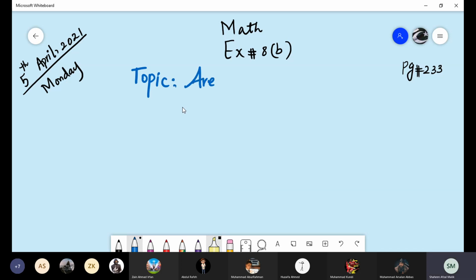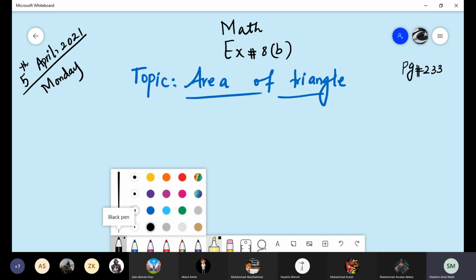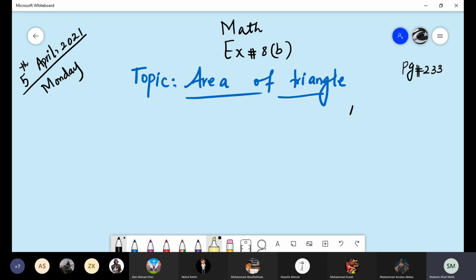Yesterday I gave you the detailed explanation of how to find the area of a triangle using trigonometry. For whoever was absent, when we have any triangle, the very first step with your figure is to label the sides: opposite to A, small a; opposite to B, small b; opposite to C, small c.